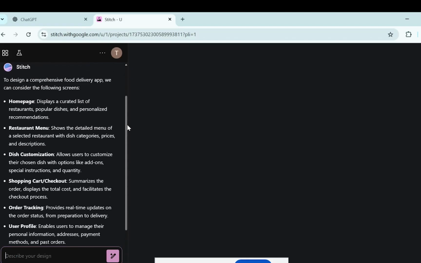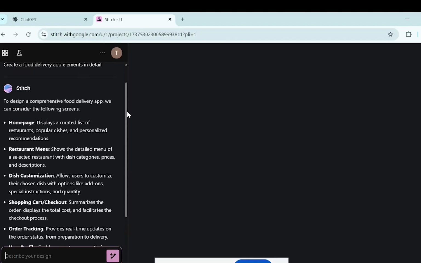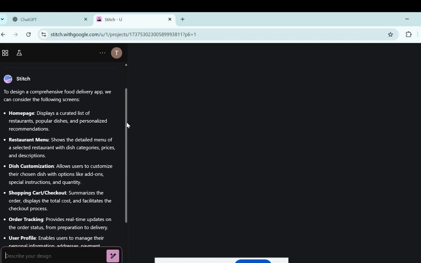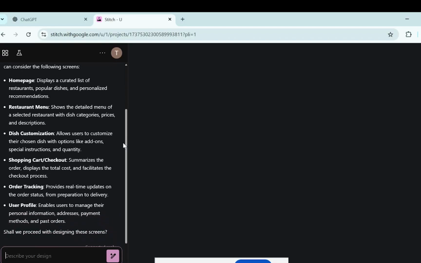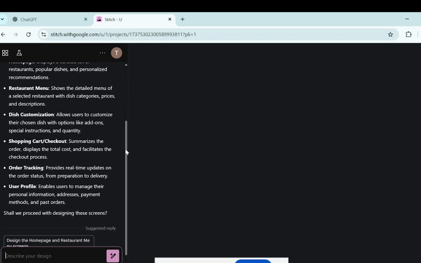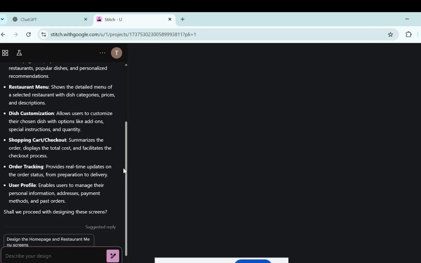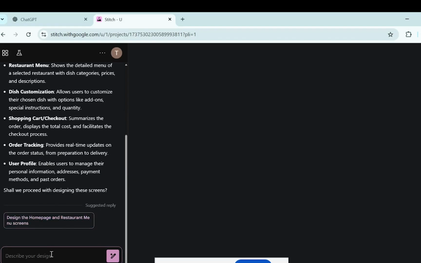So it has given, to design a comprehensive food delivery app, we can consider the following screens. Homepage displays a curated list of restaurants, popular dishes, and personalized recommendations. Restaurant menu shows the detailed menu of a selected restaurant with dish categories, prices, and description. Dish customization, shopping cart checkout, order tracking, user profile. Yeah. Proceed